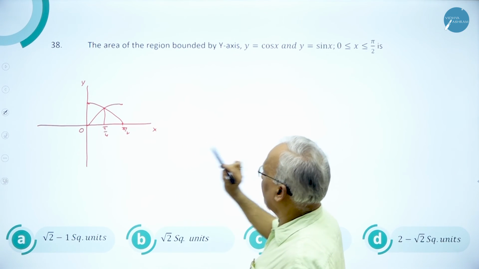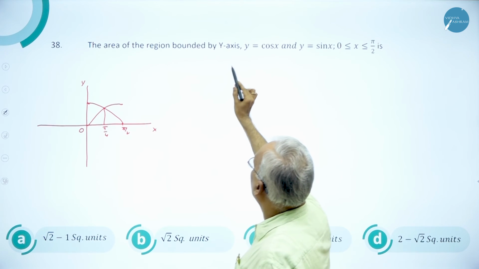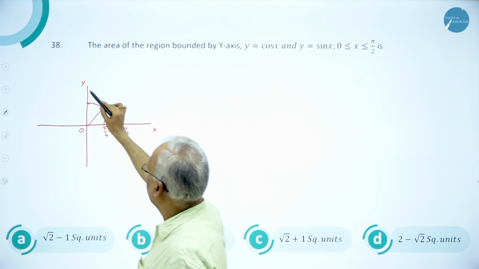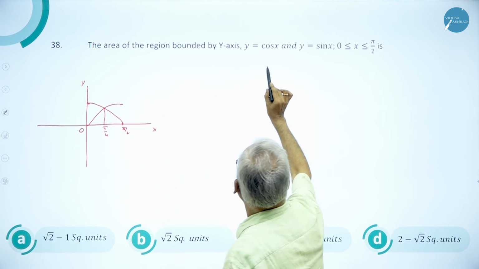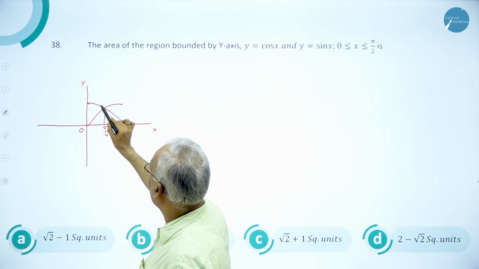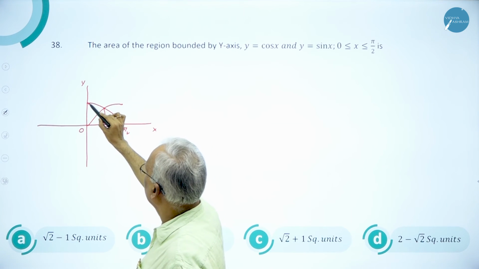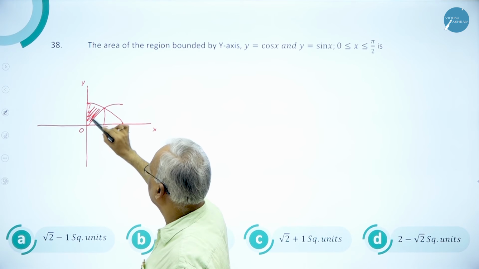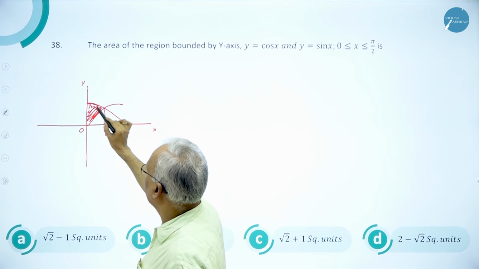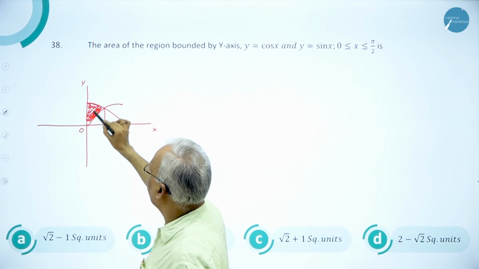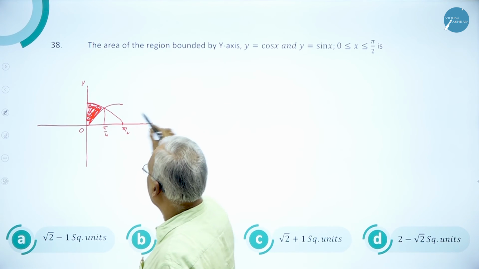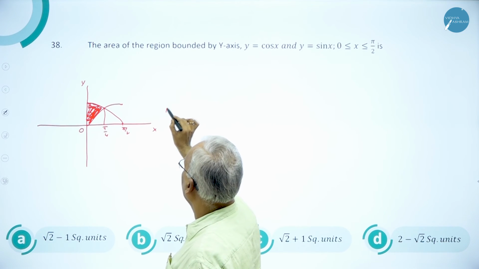Now what is the required area? Please see, the area bounded by the y-axis, this is one boundary, and y equals cos x and sin x. The required area is this. The shaded region is the required area. So that is very, very easy to write now. The required area is